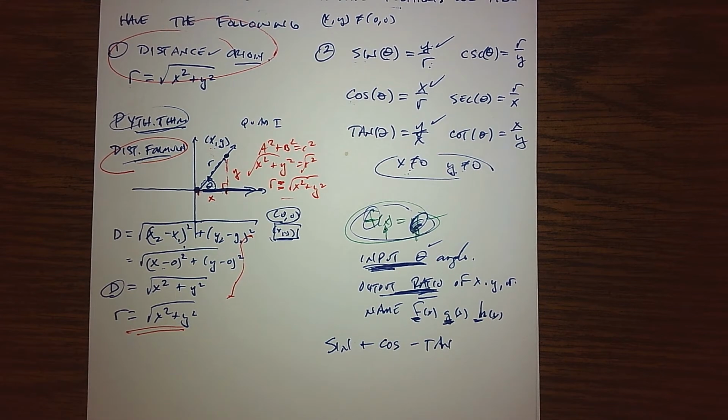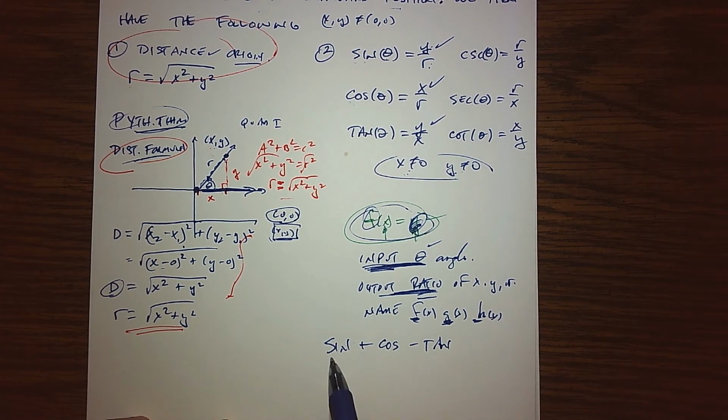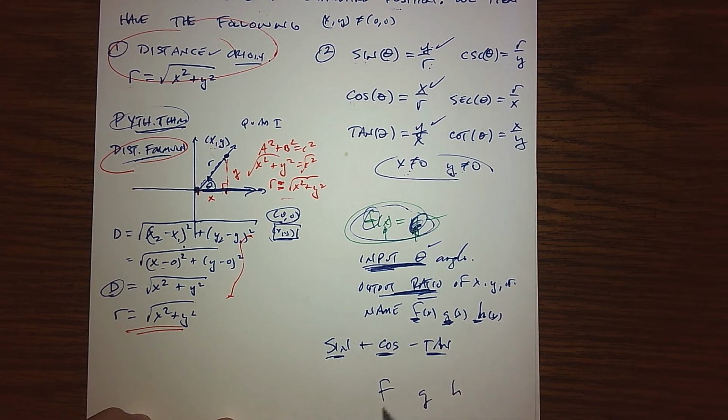mark you wrong there. And the reason being is sine and cosine and tangent, the way you've written them there in that expression, are actually meaningless. It would be like just writing f and g and h, because we're basically talking about a function name. And so you're going to have to, to get your full credit,